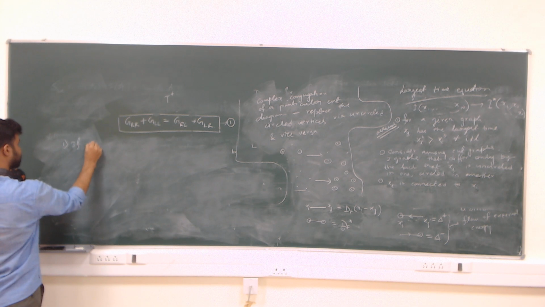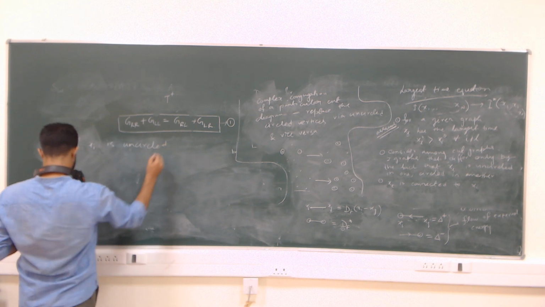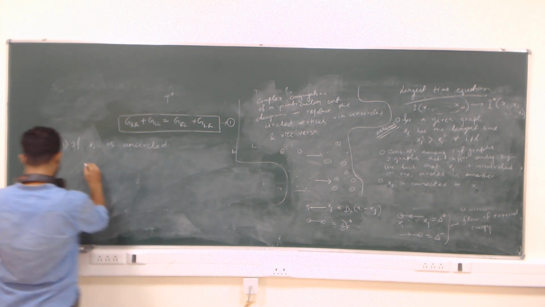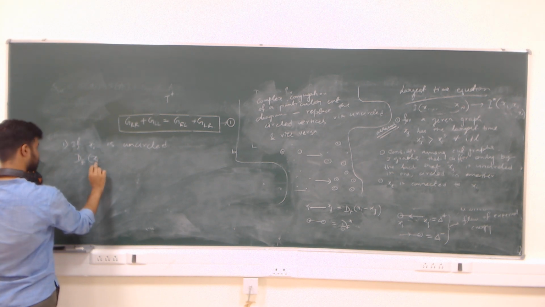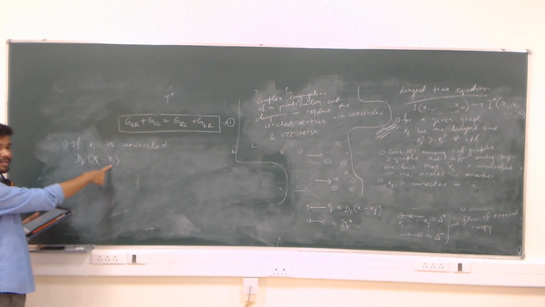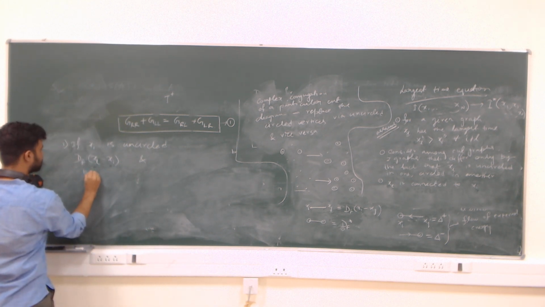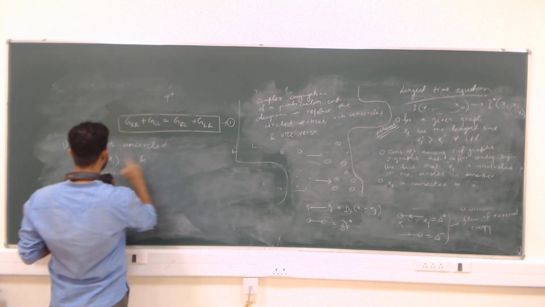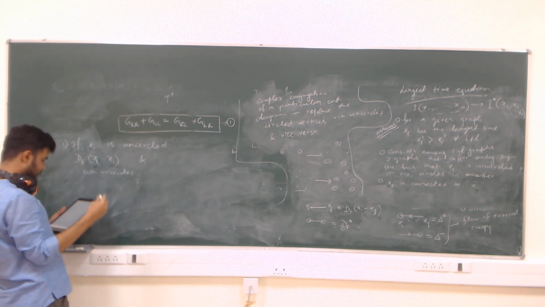So if xi is uncircled, we have two possibilities. Where both xl and xi are uncircled, then we have this kind of thing. And if xl is circled, then I will have one where xi is uncircled first, but xl is circled, so I will have a delta